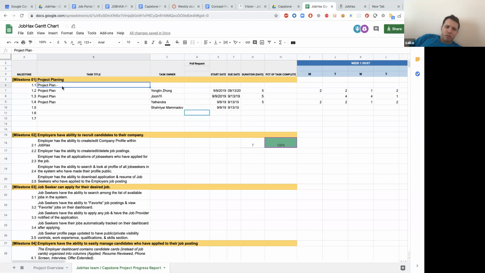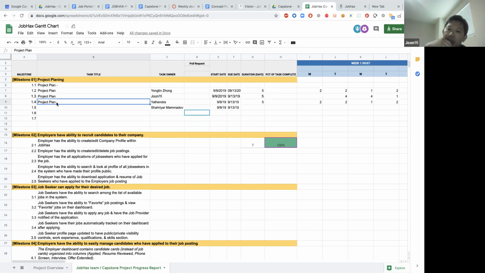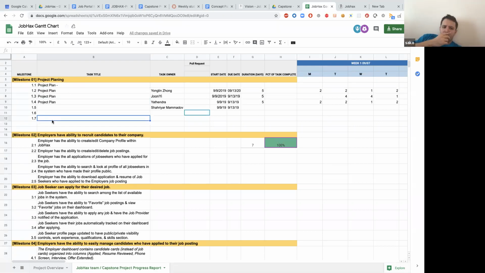So first, for the project plan, we can put project planning. For the Gantt chart, can we add a column for Saturday? Because I want to log this meeting as my hours on the project. Yeah, that's a good point.